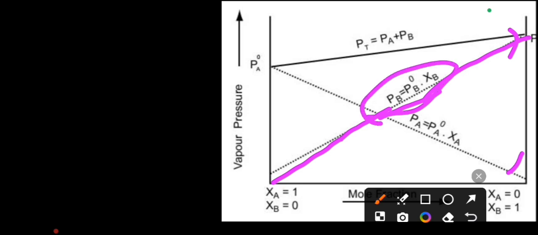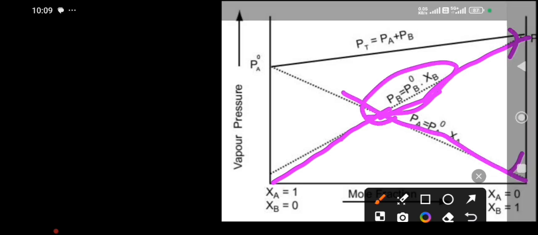And what does this line represent? You have to look at this graph: it is increasing, this line is increasing from down to up. Okay, then component B is present only here, so definitely it will give the partial pressure of B. Okay, and this line shows the partial pressure of A. So now you can see here